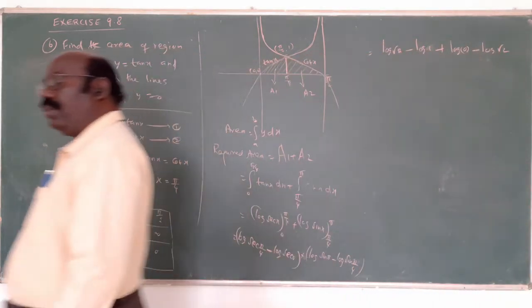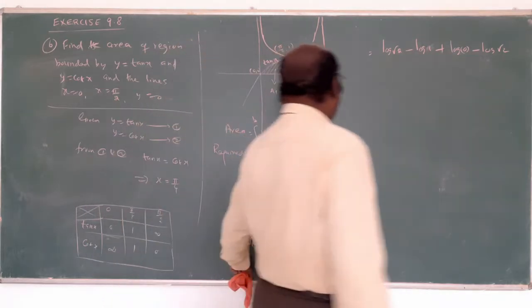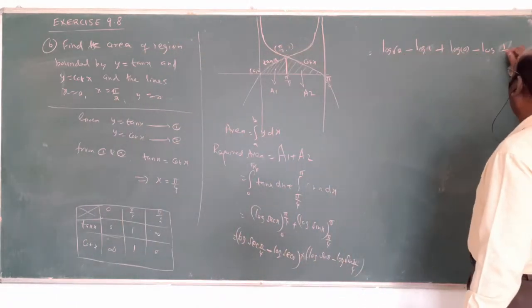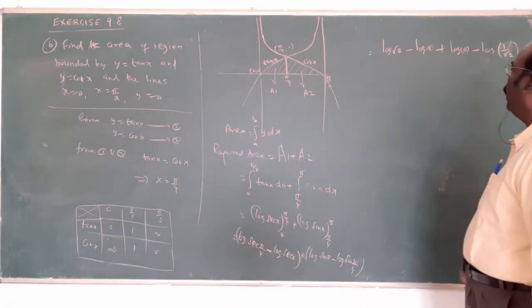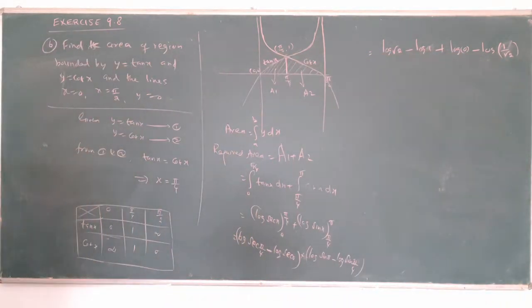Am I correct? Now simplify, we get the answer. Cos pi by 4 means 1 by root 2, and secant pi by 4 means root 2. The last one is not 1 by root 2 because it is sin pi by 2, not sin pi by 4. Sin 45 is always 1 by root 2. The previous is sin pi by 2.